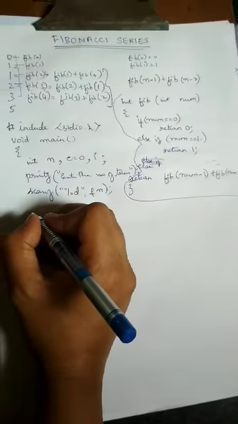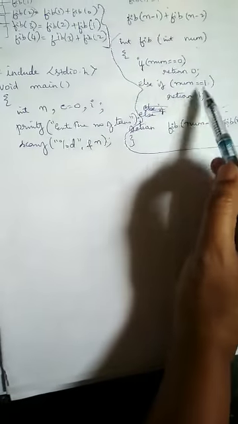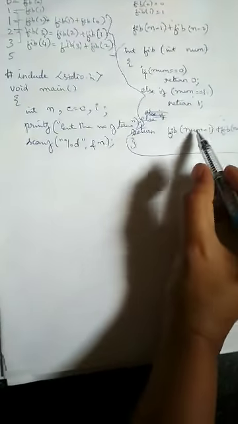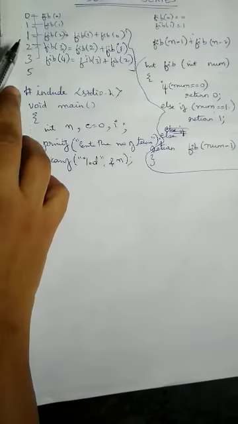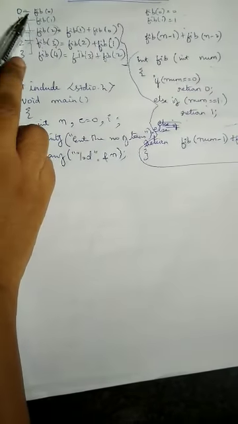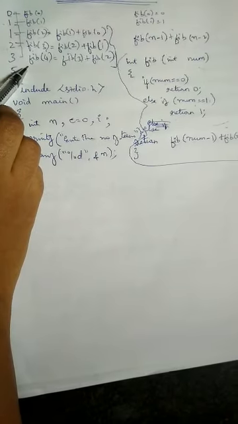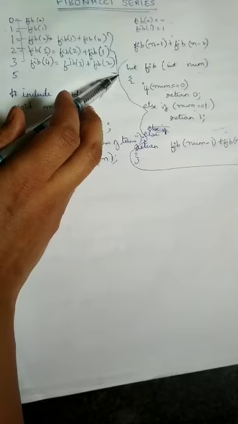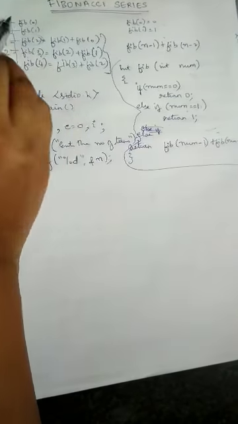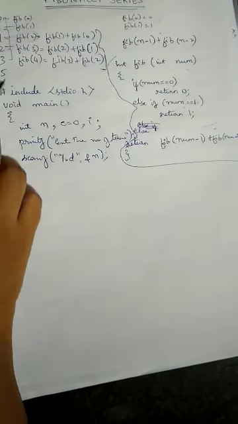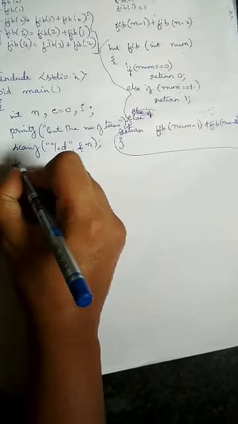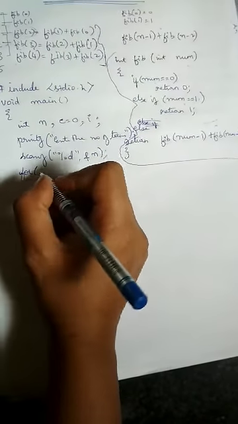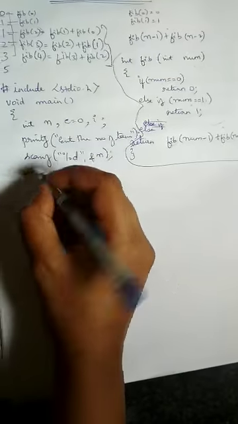Now in order to print the series, for each individual I can find fib of 0, fib of 1, like that individually I can find, but finally I want to print it in the form of series, each number differently. Fib of 4, if I want to calculate recursively, it has to do fib of 3 plus fib of 2, right? So when I want to print the series, I require a for loop, because it's not fib of one particular number I am going to find.